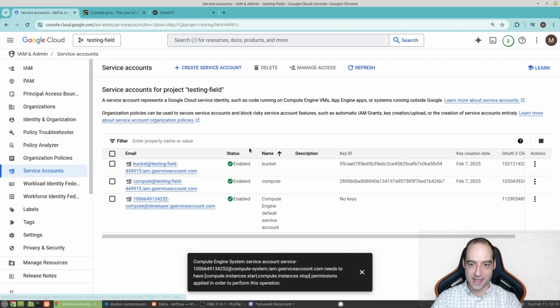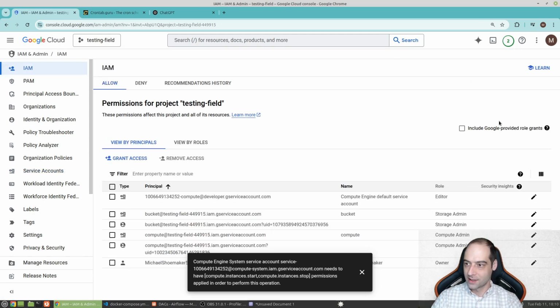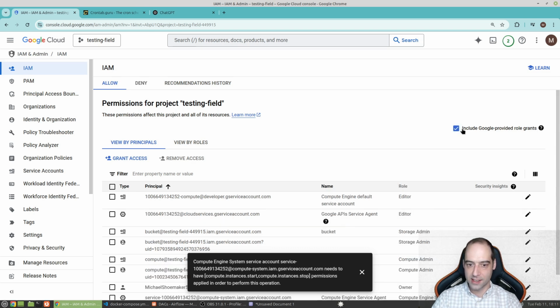I have a few service accounts here. This is the one I'm using in Airflow to write to the bucket. But if you notice, this one kind of looks like this account, but it's actually not. This is a service account, but it's managed by Google, so I believe that's technically considered a service agent. Two ways you could do this. If you go to IAM, and you can, well, let's see. The easiest way would be to click here, and then